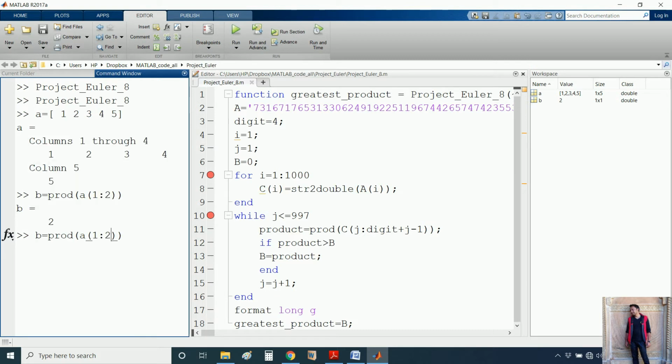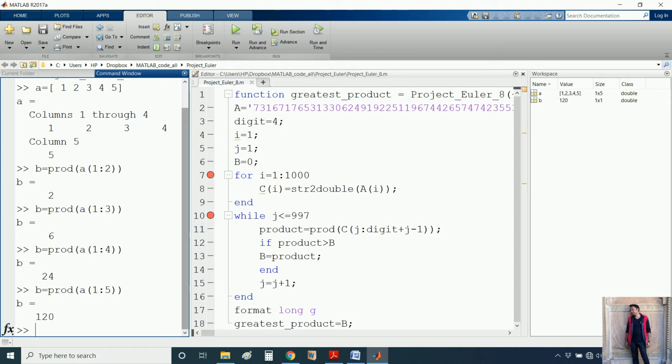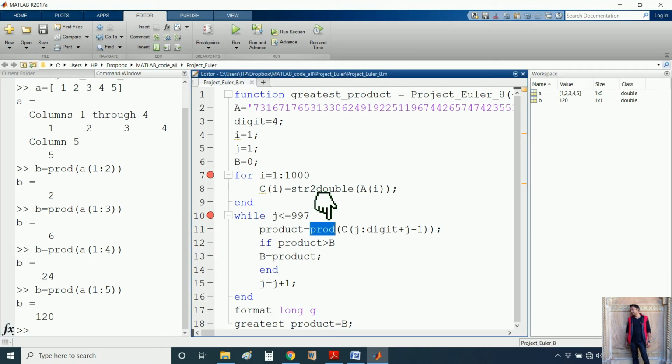Now if I put 3 here, the answer is going to be 6, because 3 multiplied by 2 multiplied by 1 is 6. Now let me put 4 here, it is going to be 24. 2 multiplied by 3 multiplied by 4 is 24. Similarly for 5. Okay, so this is what we are doing here. We are calculating the product of the elements available in the vector C.